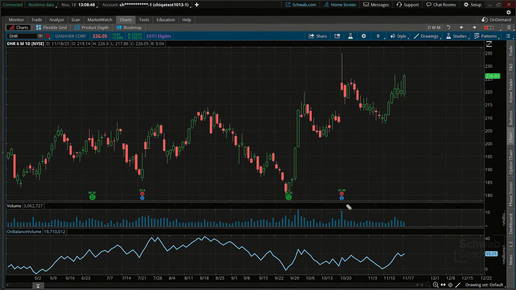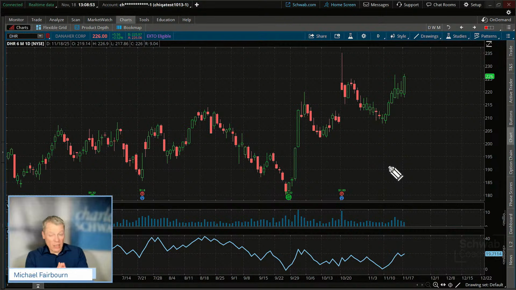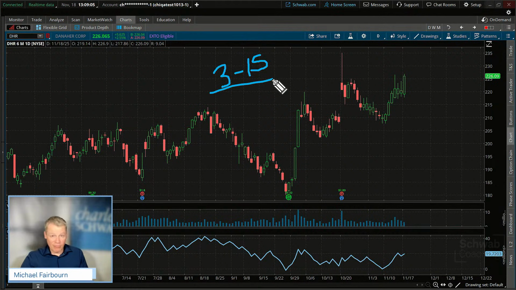And remember, some of these price patterns that we look at are what some traders will say are the strongest price patterns out there. We like to focus in on those for the swing trade class, because remember, we're looking at a 3 to 15-day move. So we try to use the strongest of what we've got in terms of price patterns, trends, indicators, and volume, which is kind of separate in and of itself.